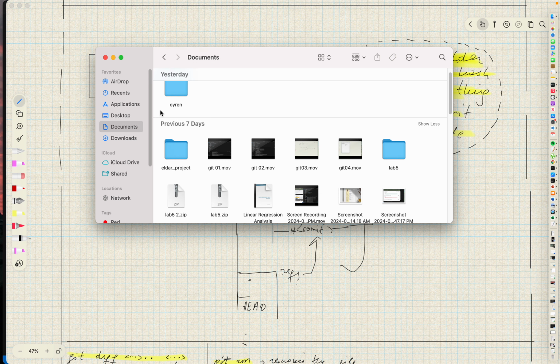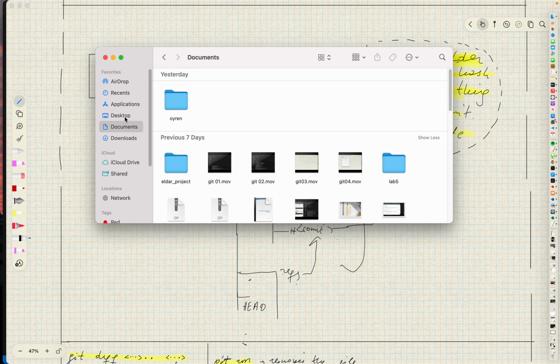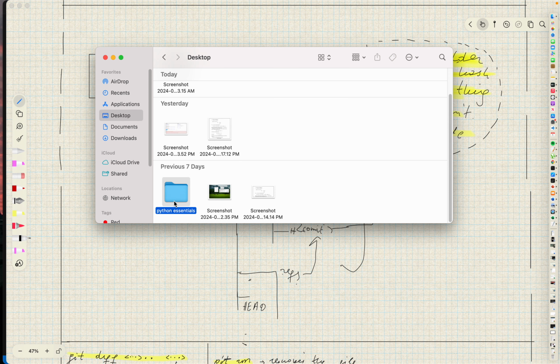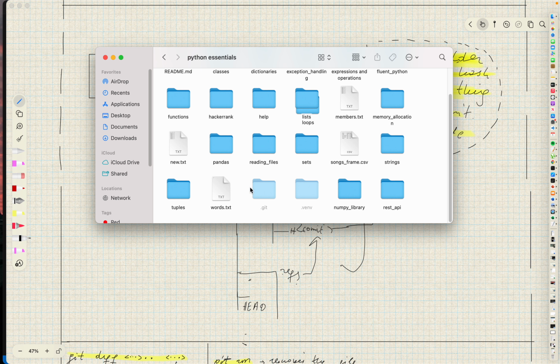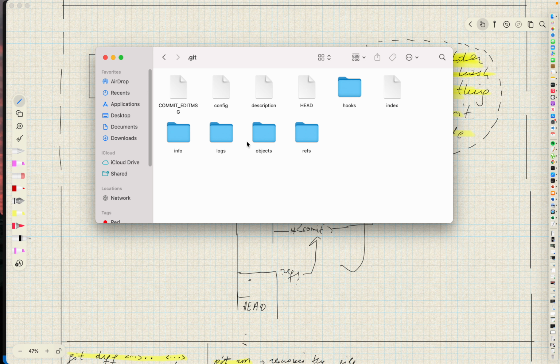For example, let's say I'm looking for my current project, Python Essentials, and you can see that the opacity of these folders is not the same as the other ones. So that's why it means hidden folder. So when we enter the Git folder, we see a lot of files and